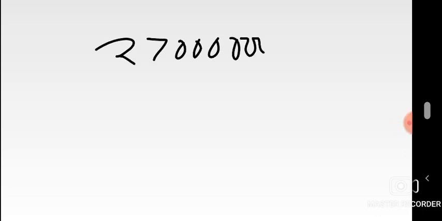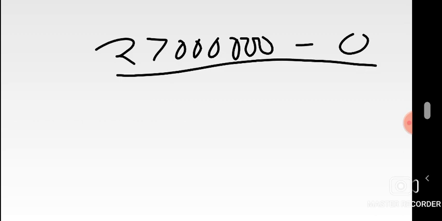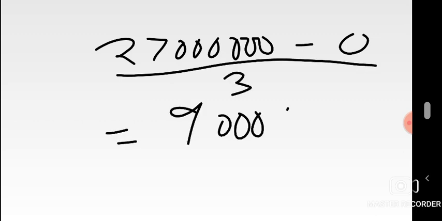So we said cost price, 27 million. This time I've written the whole figure, minus salvage, or scrap, 0, over number of years, 3. Therefore, what is depreciation? 9 million. We need depreciation, as we said, we'll be adding it back to all those profits that are coming in